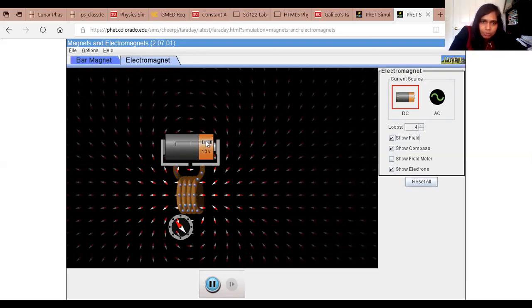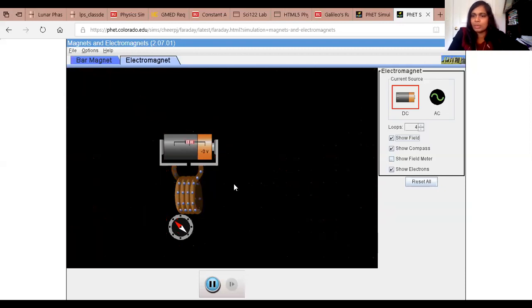So let's say I want to switch off this battery. So this is 10 volts, 4 volts, and I want to switch it off. Here you go. I make it 0 volts. So there's no flow of electrons. Electrons are still there, but they're not flowing. So there's no magnetic field lines around it. See, when I move the compass, it's always pointing towards somewhere here. So there's no magnetic field coming from the coil due to